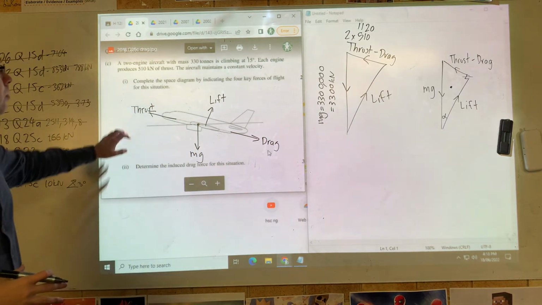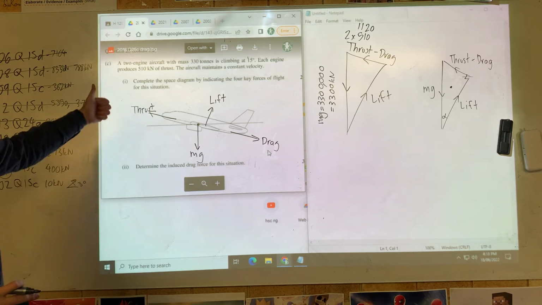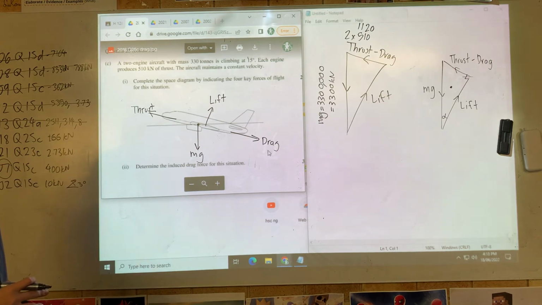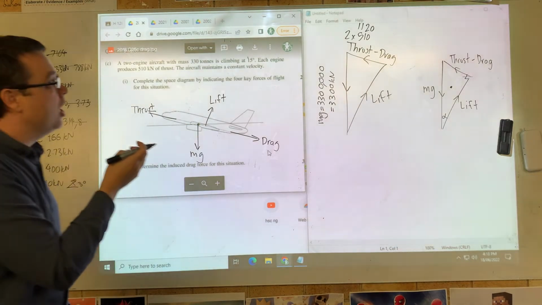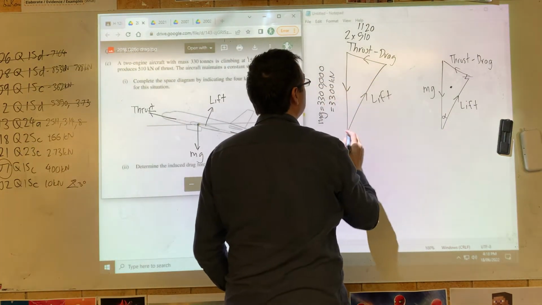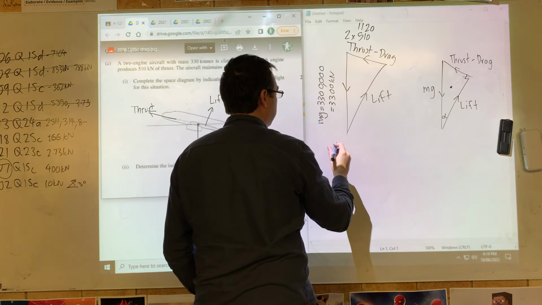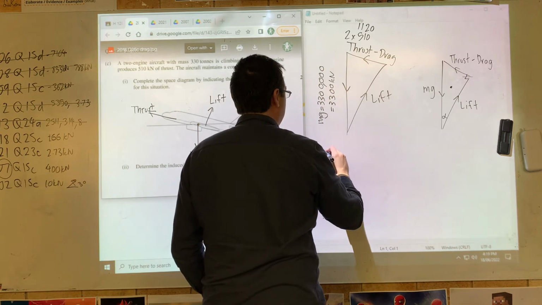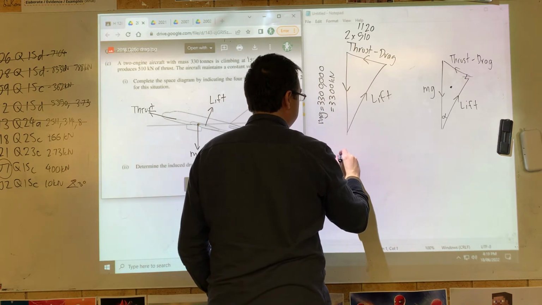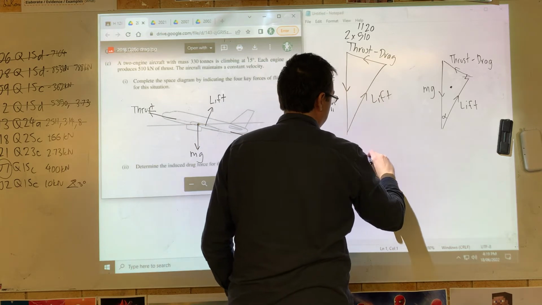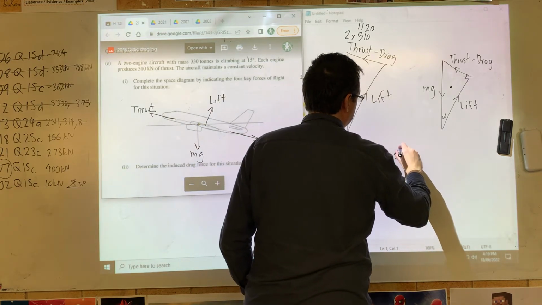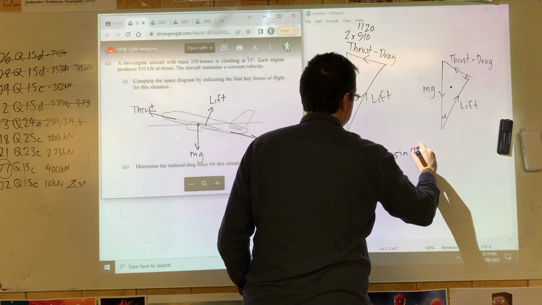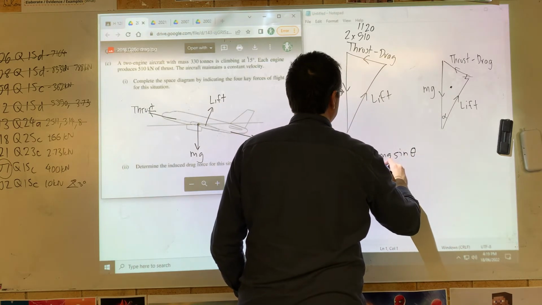Okay, so we've got 2 marks just for doing that. Nice. Okay, once we've said determine the drag force induced for this situation, I think that's 3 marks. So what we have to do here is find the thrust minus drag by finding the sine. So thrust minus drag equals mg sine theta. It's sine. Okay, so which equals